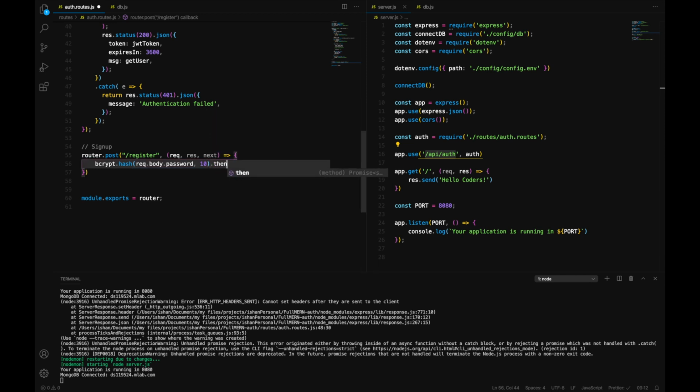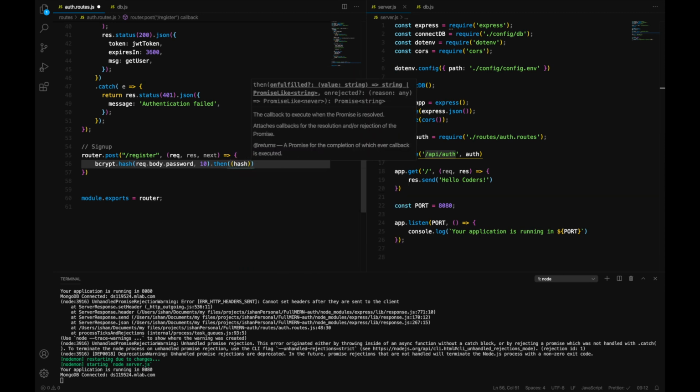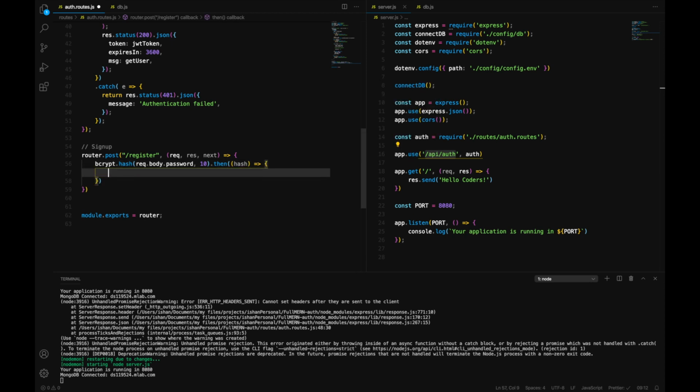And if you don't know salt, I suggest you go through some articles online to learn about salt in JWT. So let's make a constant and create a user where we have the new user schema,